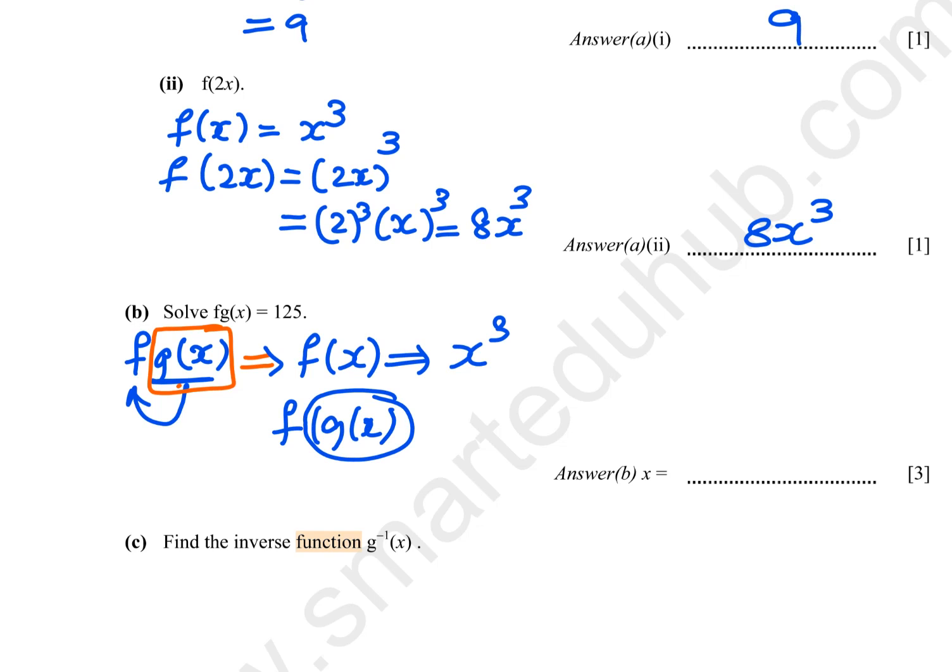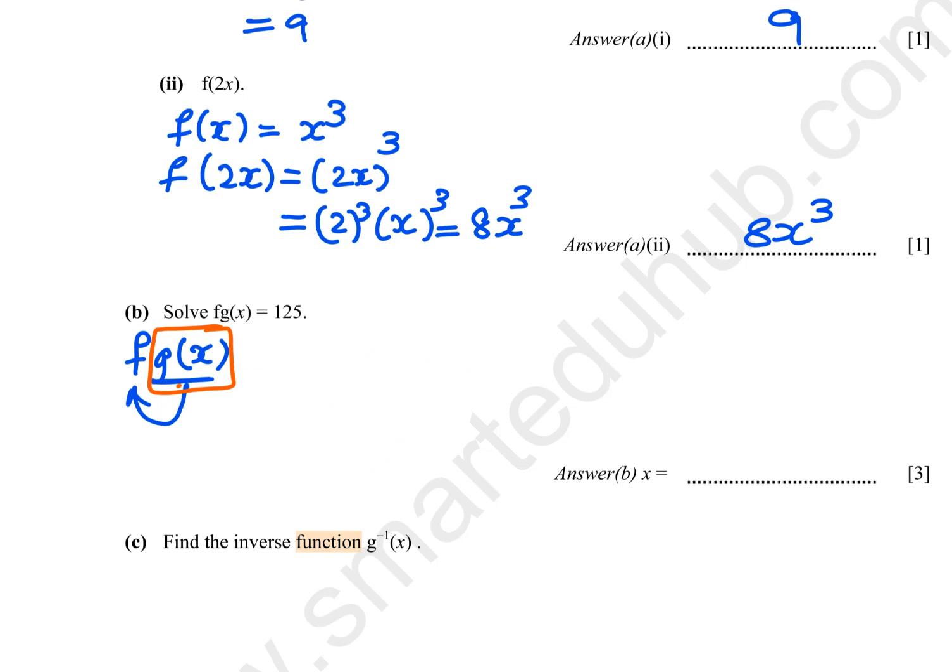Take g of x and plug it in the place of x in f(x). So that means now I will straight away write here equal to